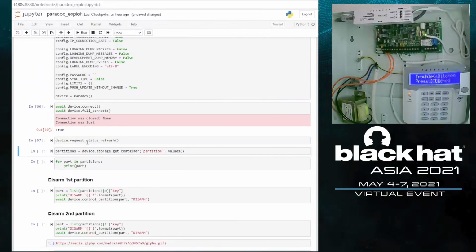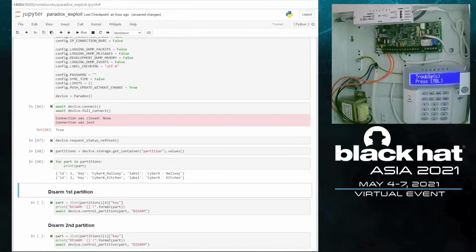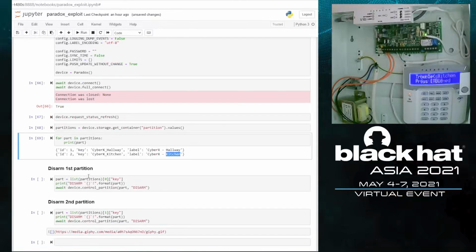So we'll do a quick refresh and get the partitions. So what are those partitions? They are actually the representation of the areas that you saw. So hallway and kitchen. You can also see them on the camera view, hallway, kitchen. And what we care about is actually the key, which is the internal ID for those areas. And we really need to know it so we can disarm